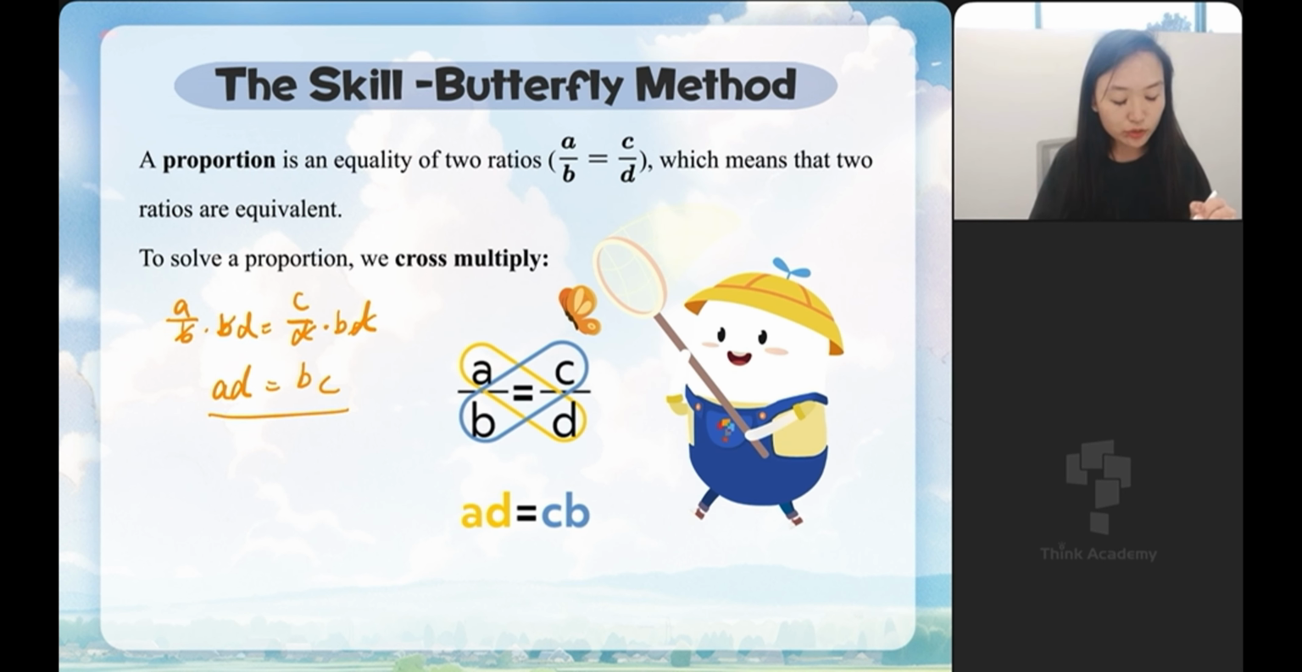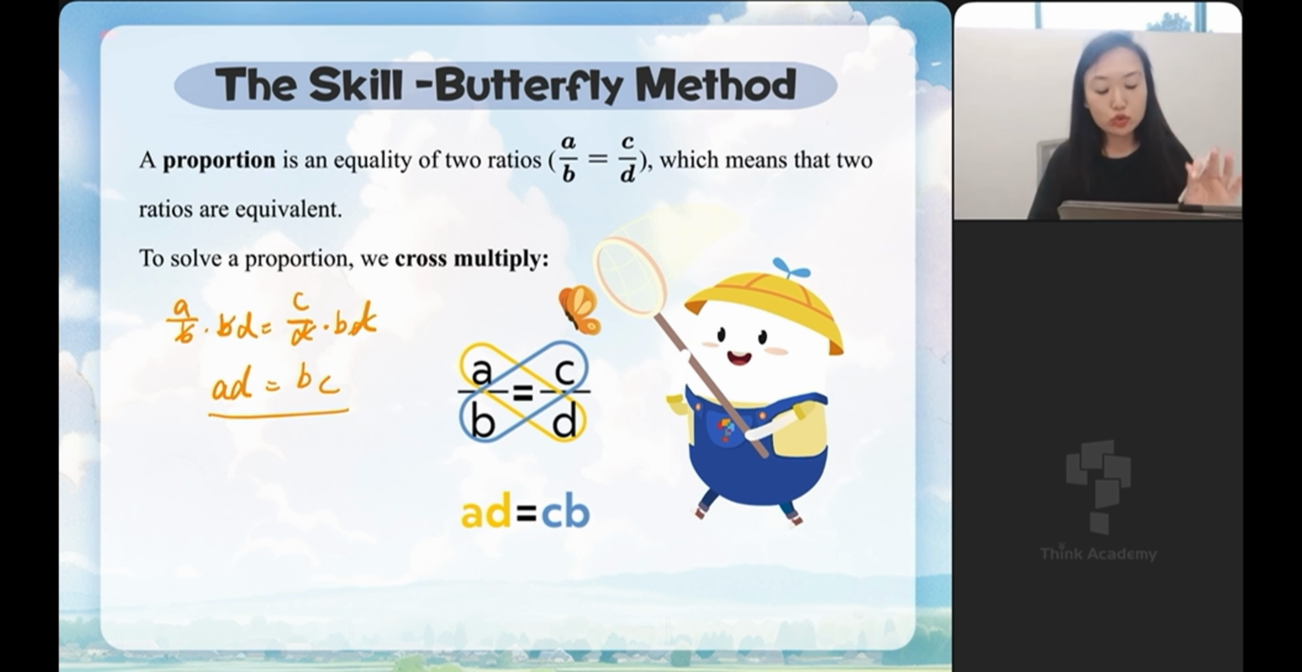And here you can see that the cute apple is like doing butterfly catching. The numerator of the left part times the denominator of the right part equals the numerator of the right part times the denominator of the left part. So basically, if we draw a butterfly around the two fractions, we can get the equation AD equals BC. Okay, so this is the basic logic for the butterfly method, and then we are going to talk about 3